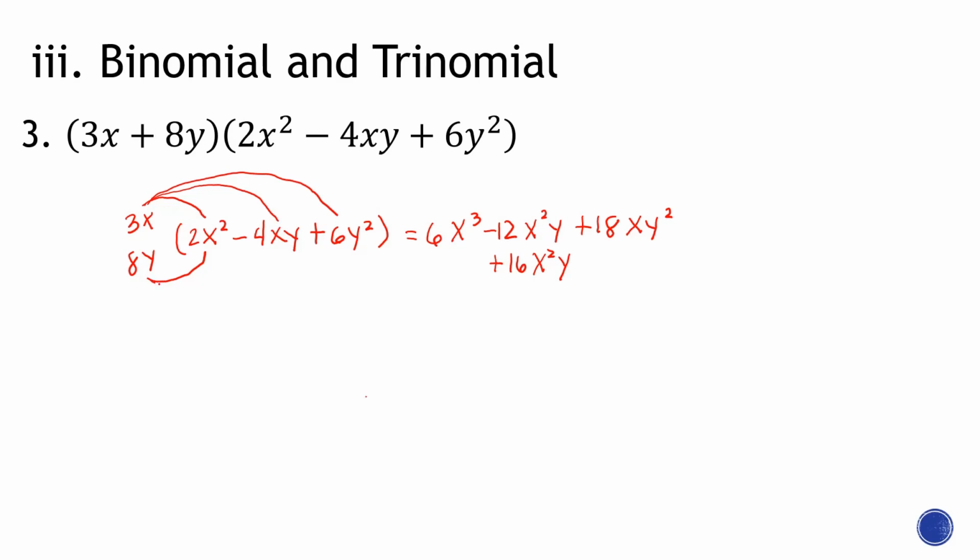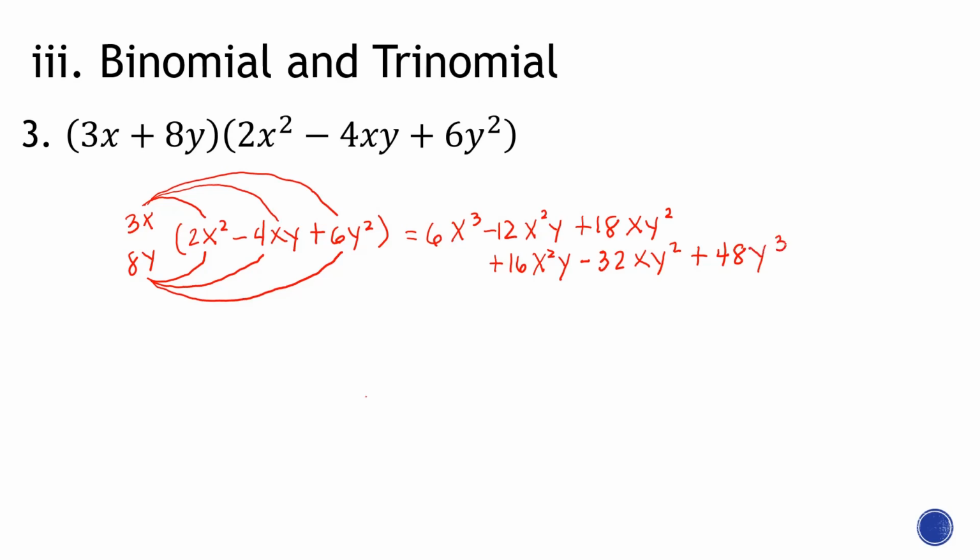Next is 8y and negative 4xy. That is negative 32, the product of 8 and negative 4. xy times y is xy squared. And finally, the last two terms that we will multiply are 8y and 6y squared. That is positive 48